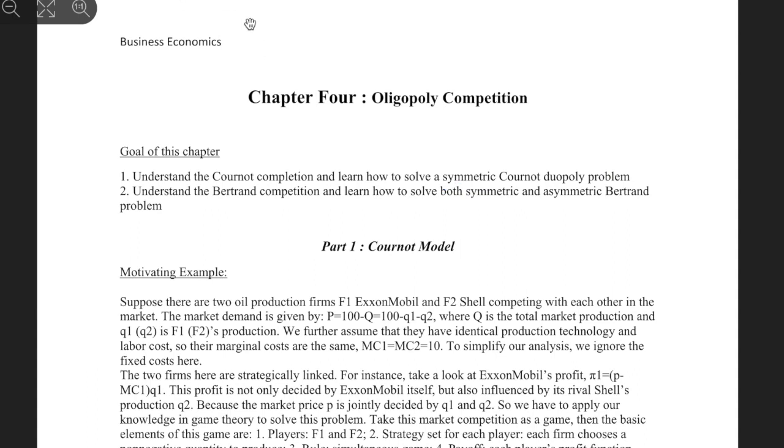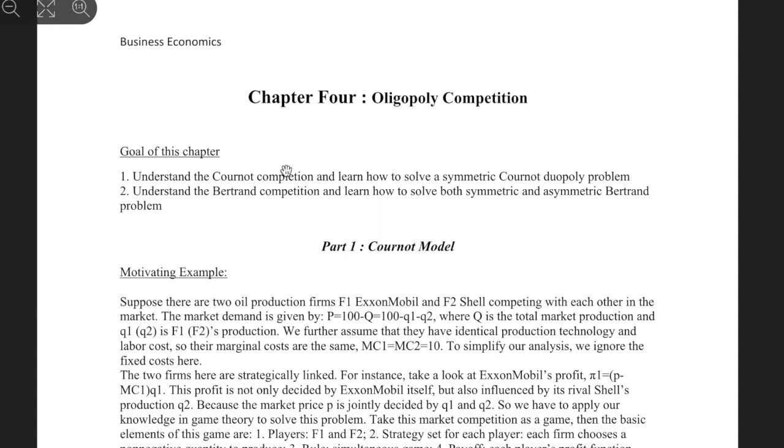Okay, so we're gonna start a new chapter, chapter 4, oligopoly competition. Like always, we're gonna start with the goal of this chapter. The goal of this chapter is two things. One, to understand the Cournot competition,